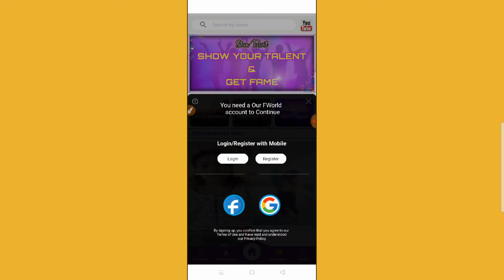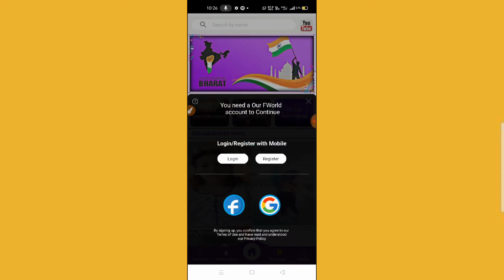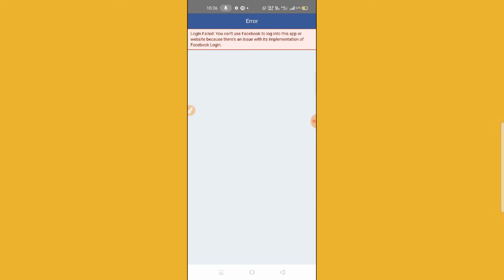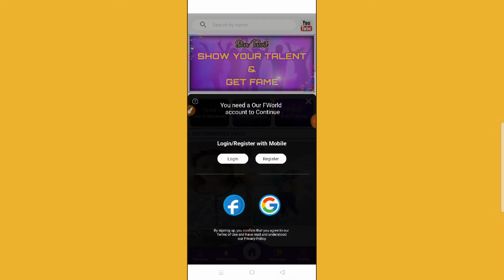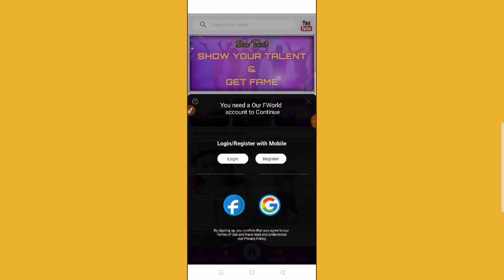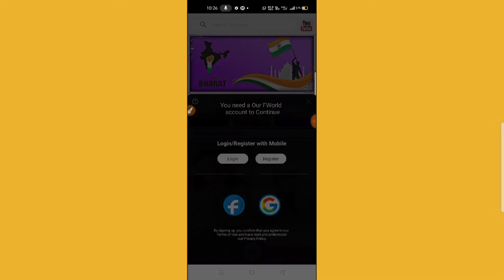So let me just do it from Facebook. So you have to click on this Facebook icon and then it will automatically create an account for you. So here let's go. They're saying error. So guys, let us go back and let us try it out in mobile number, or let us go for Google. So let me just click on Google,